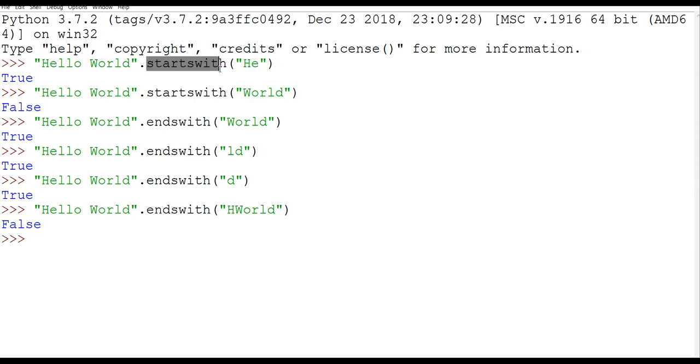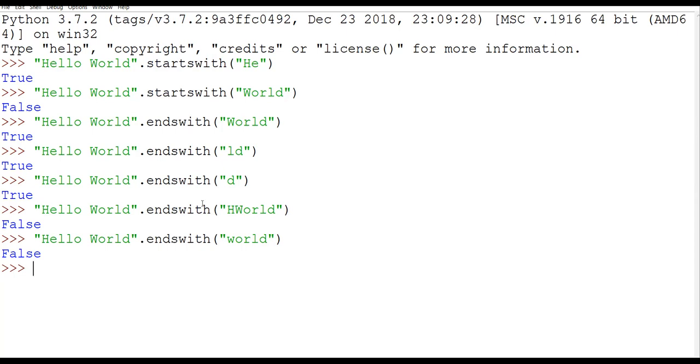If you are using startswith, it is going to check from the starting. Similarly, if you are using endswith, it is going to check from the last. I hope up to here it is clear. Ma'am, will it be case sensitive while checking? Yes, because Python is case sensitive. We will check this also. Suppose I am giving WORLD here, again False. The reason is that our language is case sensitive, so it is going to check for the exact match.